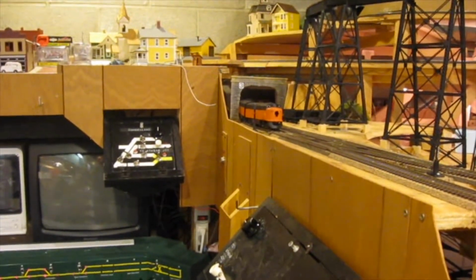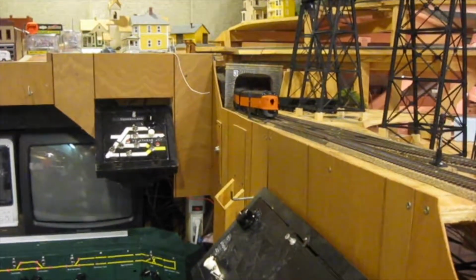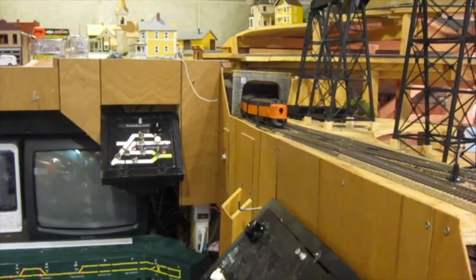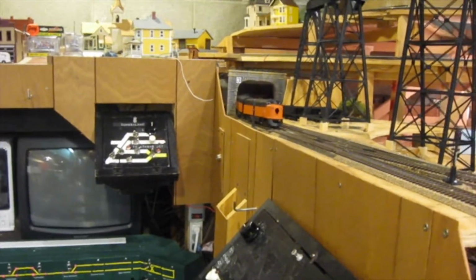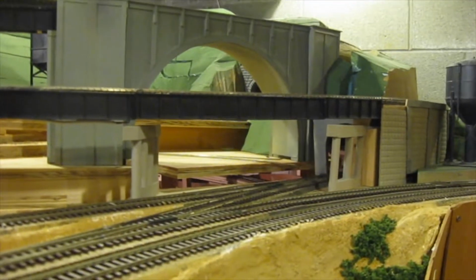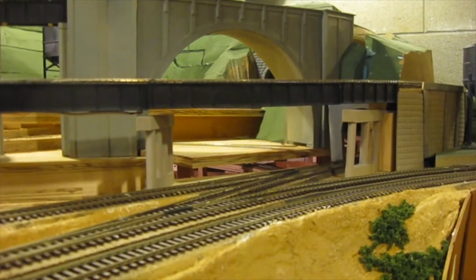Now our walking tour will continue by following the PM&H right-of-way behind the diesels which are waiting to enter Denison. They're waiting for a clearance from the dispatcher. We'll go around the other side of the layout to look where they came from. Were those orange units to back up, they would enter the scene right here, coming out from under that tunnel,